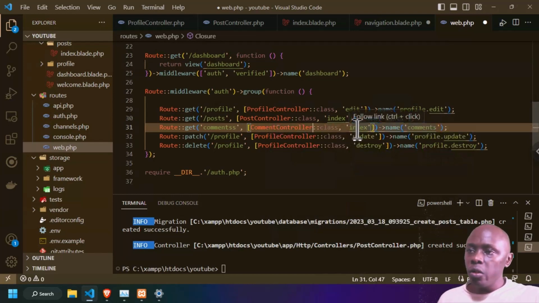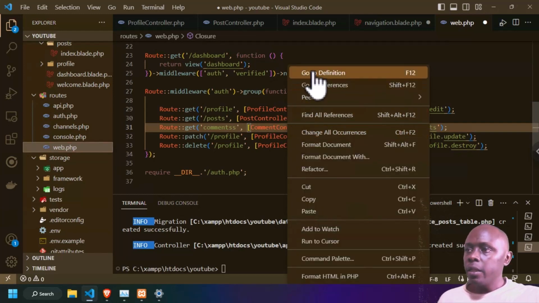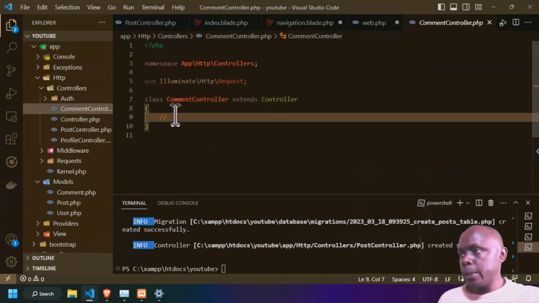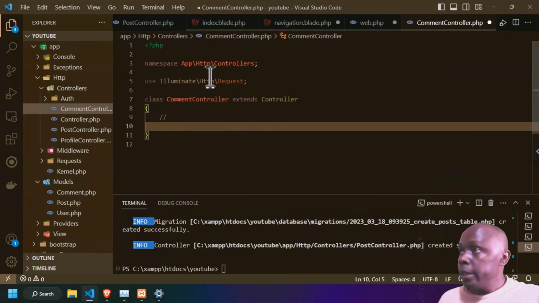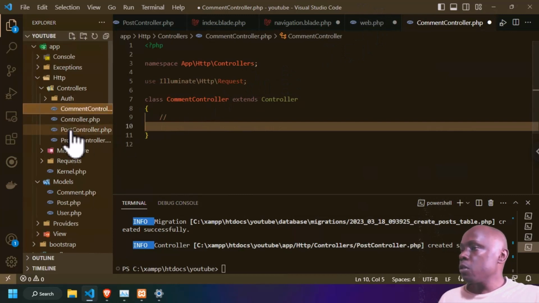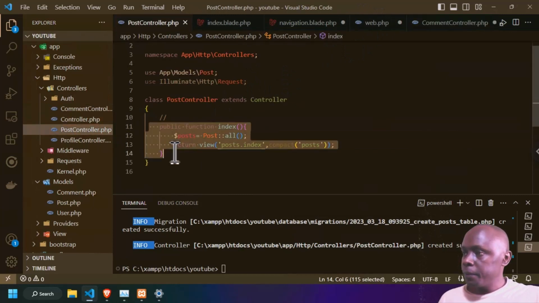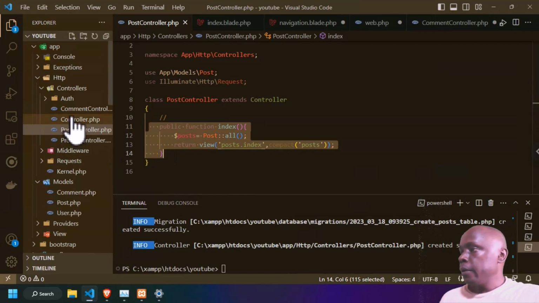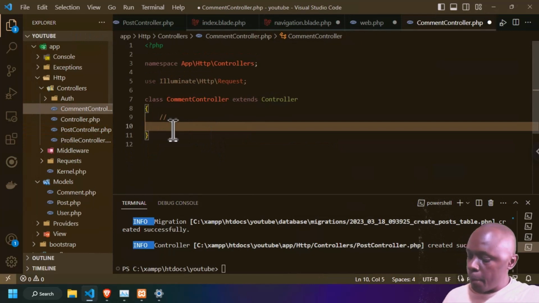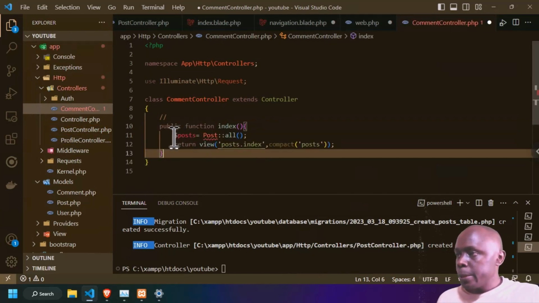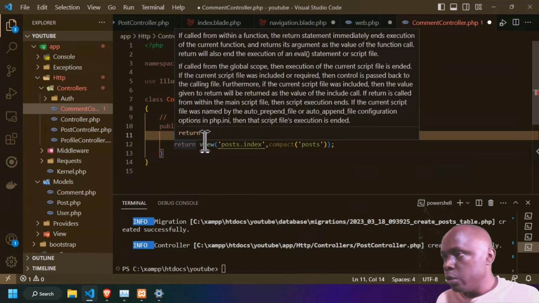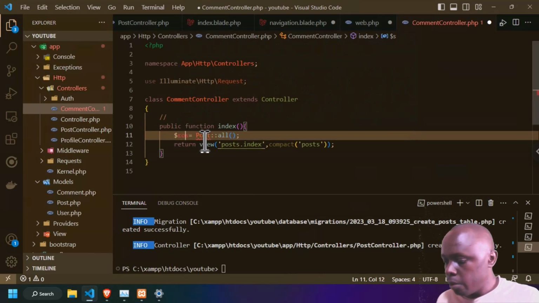So what we need is we are going to create that index. Let's go to comment controller, and then we can create the index function for it. You can copy from post controller the index function to comment. But now we are going to change from post. Now we are going to use comment. At this point, you are just going to use comments,